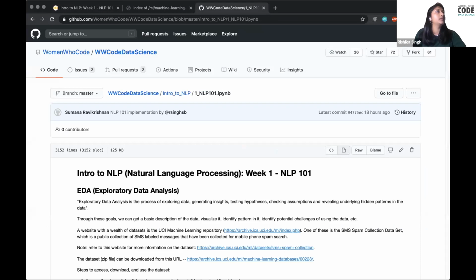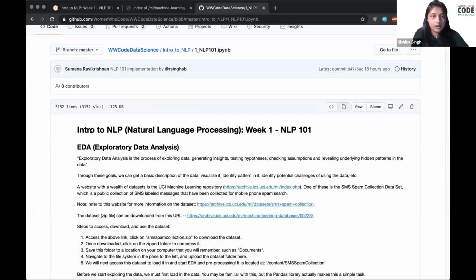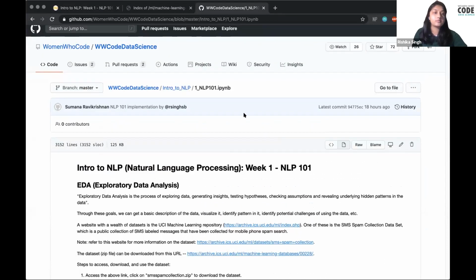So once you click on that link, it'll open up in GitHub. And this is basically the entire notebook file. There are several ways for you to open this up in Google Colab, but what we can do is